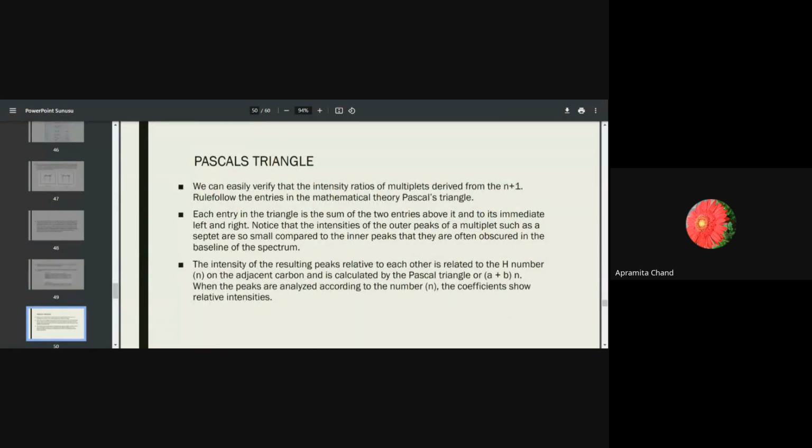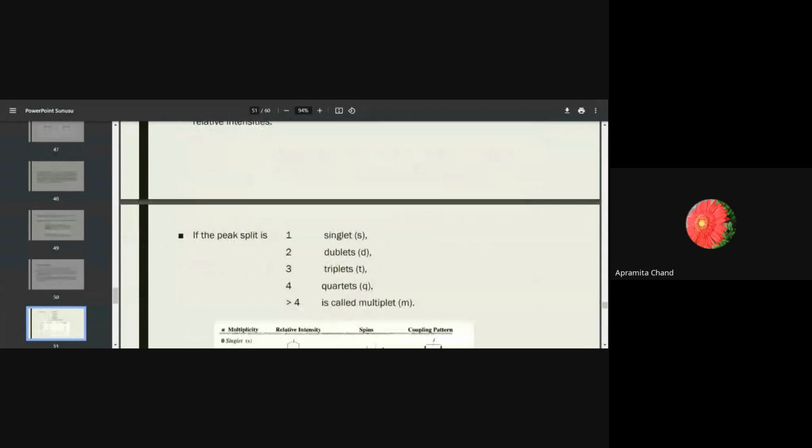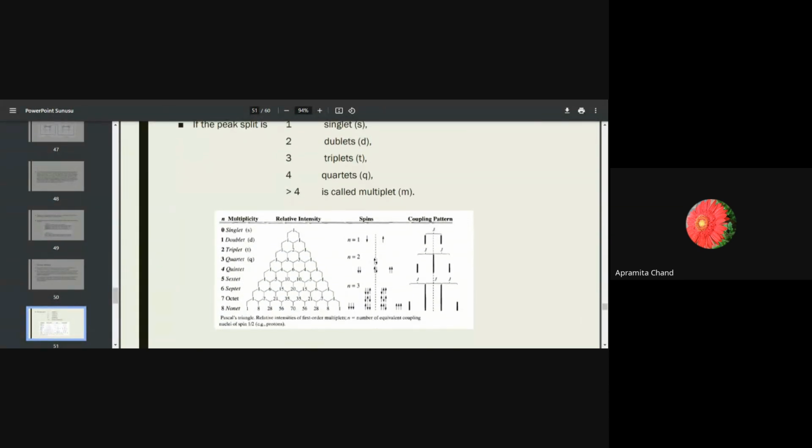Now we can see spin splitting, how many peaks there are, we can find out. What will be the intensity ratios of the multiplets? They can be followed from Pascal's triangle. So this is kind of how you